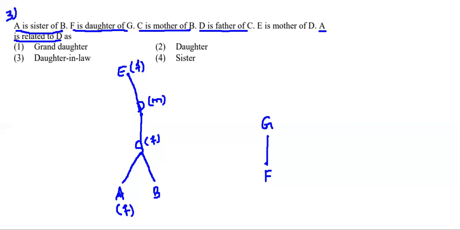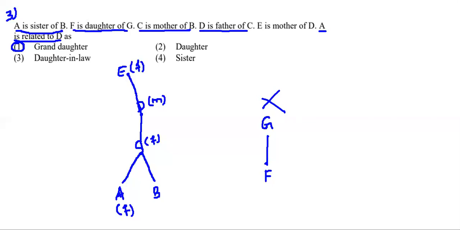daughter of C. So in that case, how can we relate D and A? D's granddaughter is what A is. It's very simple for us to say, right? Because see here, D's daughter's daughter, what is A? In that case, it is going to be granddaughter, which is very easy for us to say. And if you see, this information which is given is totally unwanted for us. It's not at all needed for us to solve or use in the question to get the answer.